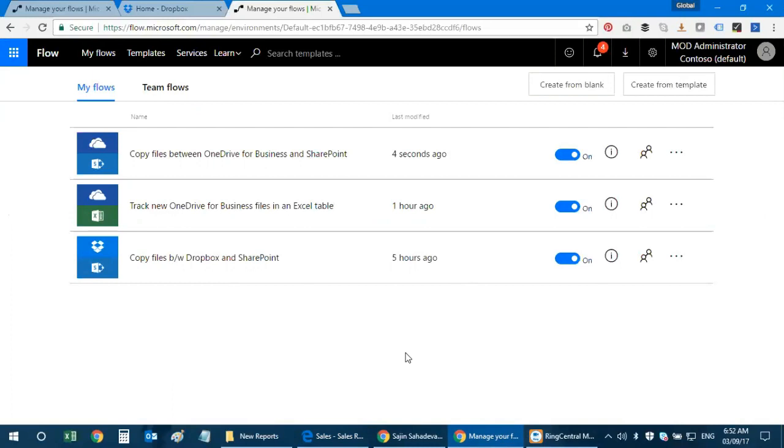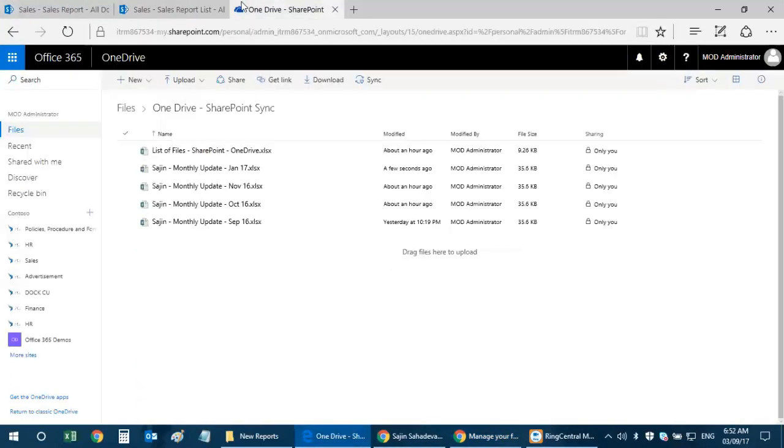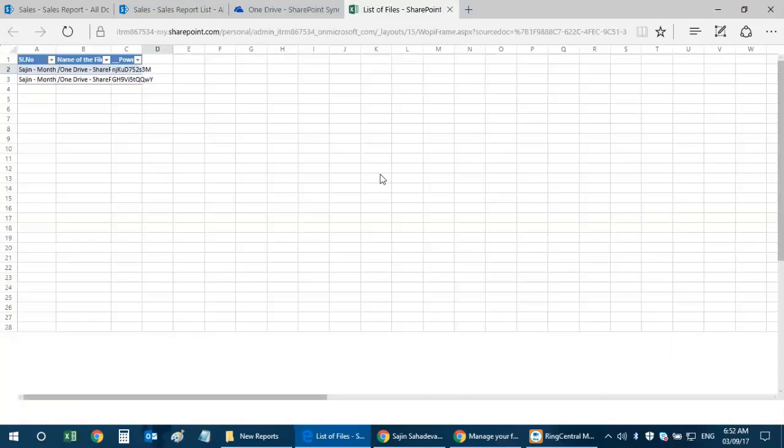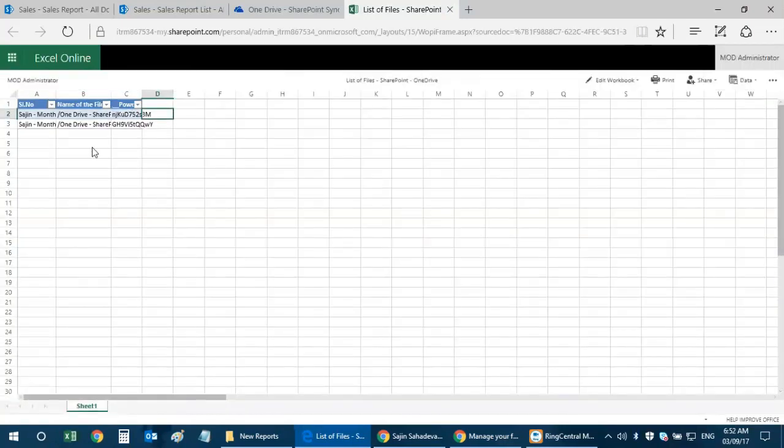So what's next? Let's track new OneDrive for Business files in an Excel table. So let's go to my OneDrive. What I've done is I have created an Excel file that says list of files, SharePoint, OneDrive. Now, let's say this is a perfect scenario for a knowledge-based management team. What they can do is,